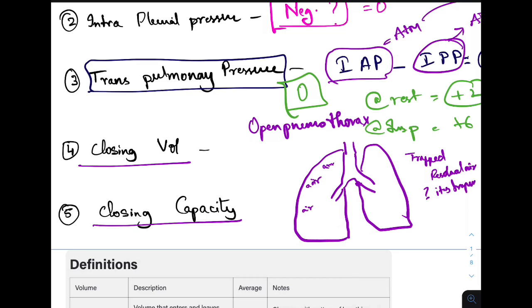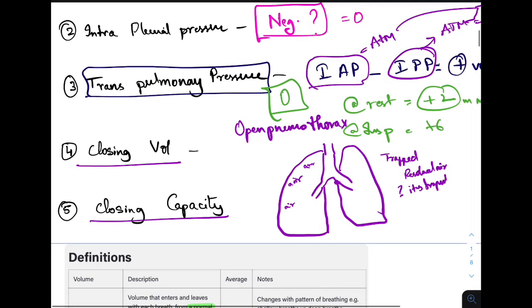Okay, how is the residual air trapped, and what is the use? Residual air should be trapped in order to maintain the patency and prevent the lung from collapsing. For example, take this as a terminal or respiratory bronchiole. This is the alveoli. So when you are expiring, when the expiration is going on, the pressure is exerted